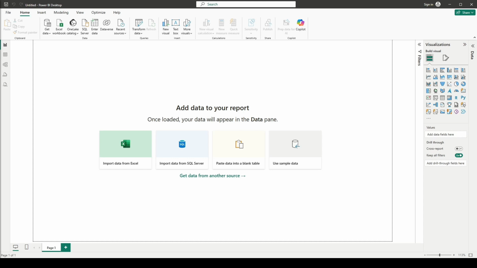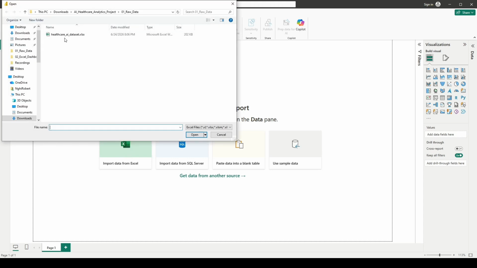The main business question I want to answer was, does AI-assisted healthcare technology improve operational efficiency and provide value to clinical workflows? Because real healthcare AI performance data is restricted due to patient privacy and proprietary healthcare systems, I created a synthetic dataset that represents a realistic healthcare environment before and after AI implementation. So let's go ahead and open up our data set